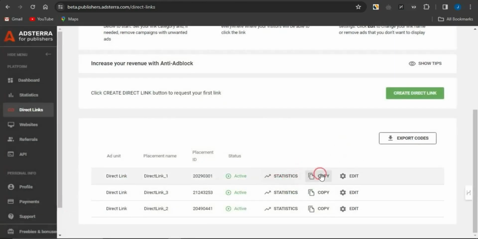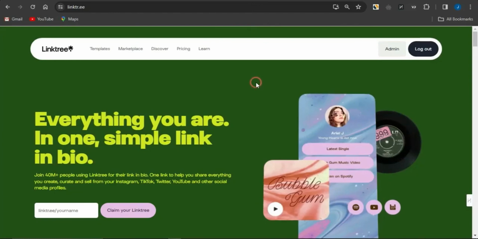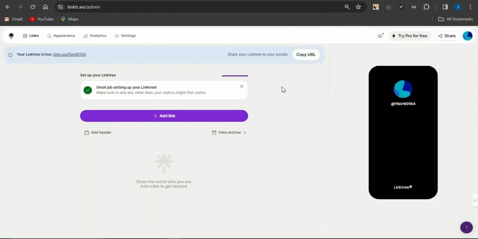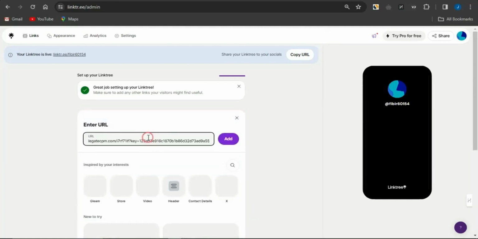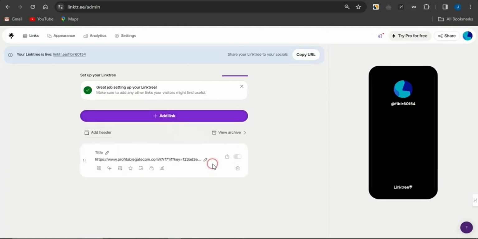You can then click on add to create a direct link. But right now guys, I'm just going to copy my direct link. Once I do start getting clicks to this direct link from any demographic, I'm going to earn some cool cash. What you want to do right now is to head on to this platform right here called Linktree to create a simple landing page. Right now, you can sign up to the platform and also create a landing page for free. After signing up, you want to come to this section and click on add link. Paste in your Adsterra link right here and click on enter and your link will be added right there.